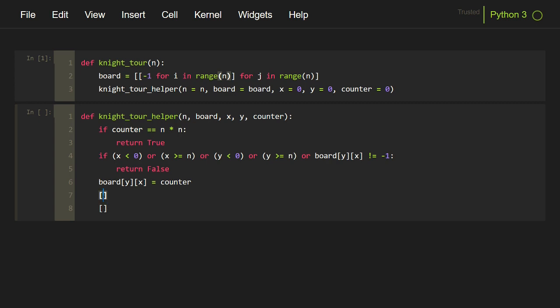in these two lists. So for x we can have -2, -1, 1 and 2. For -2 we can either go -1 or 1. For -1 we can either go -2 or 2. For 1 we can again go -2 or 2, and for 2 we can go -1 and 1.